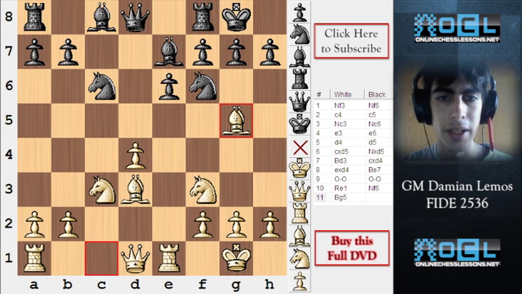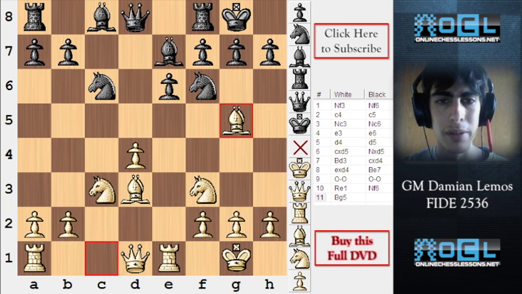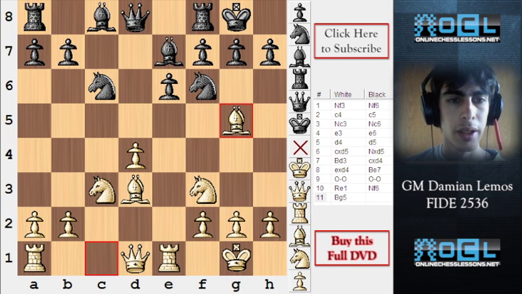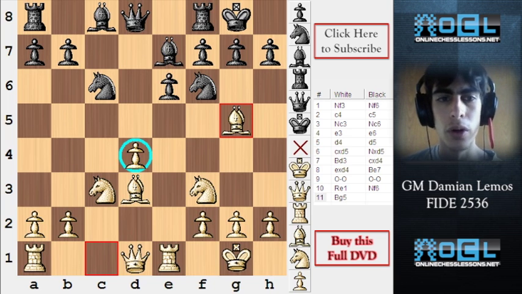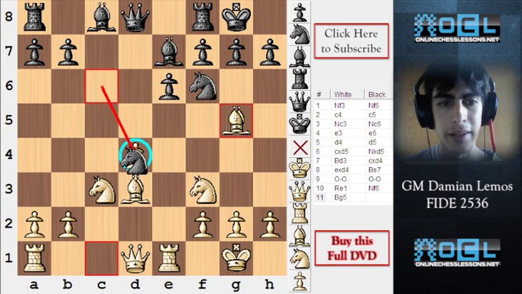But this knight f6 offers us the opportunity to play bishop c5. So we keep bringing pieces to the attack. Now we have more pieces attacking on the king side. And we can see that the d4 pawn is weak, but can black take it? I don't think so. We can just take,